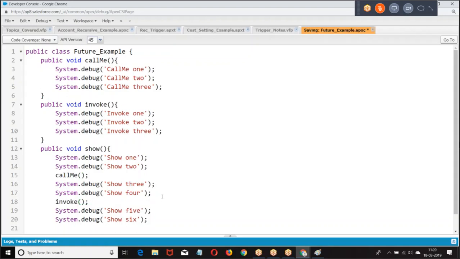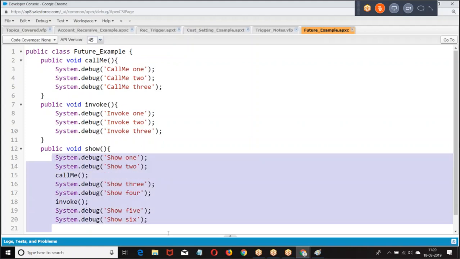Now tell me, what is the order of execution? When I run this: show 1, show 2, call me 1, call me 2, call me 3, show 3, show 4, invoke 1, invoke 2, invoke 3, show 5, show 6. It is a sequential operation.